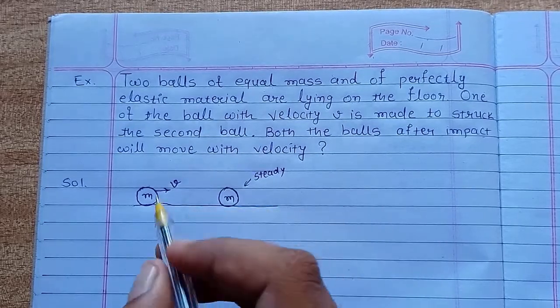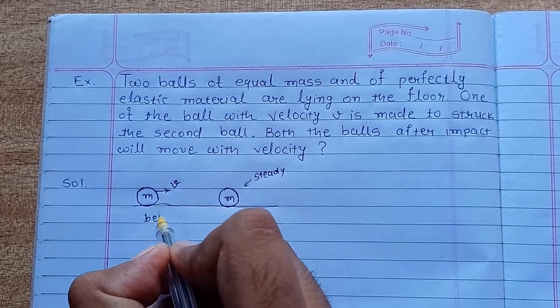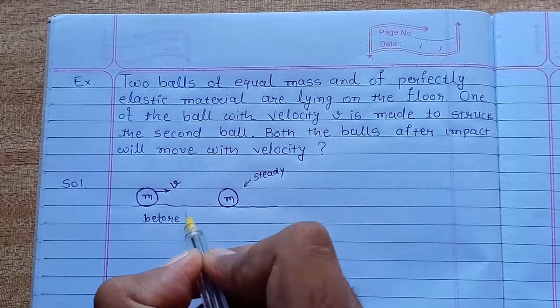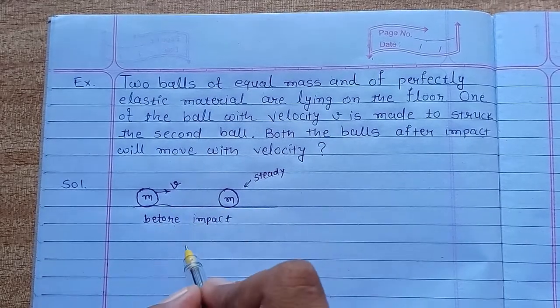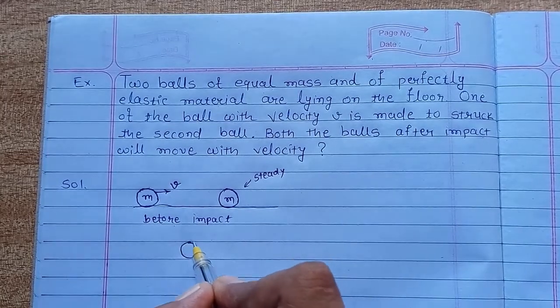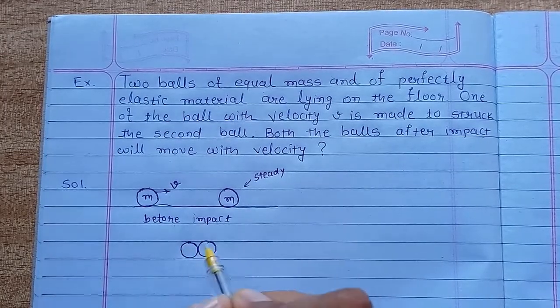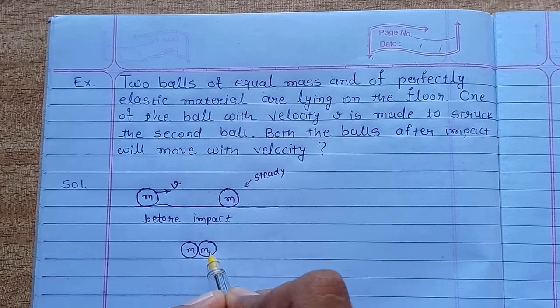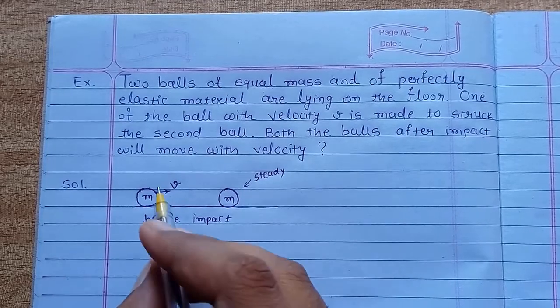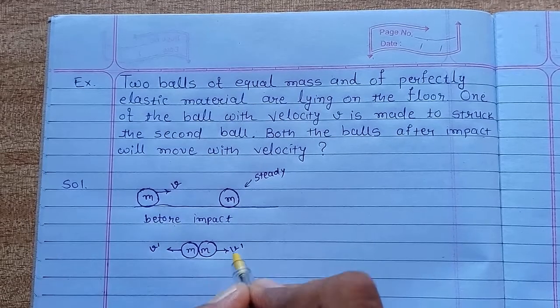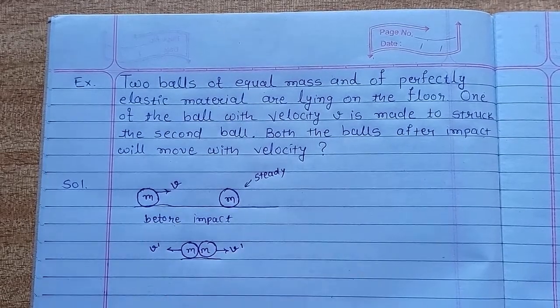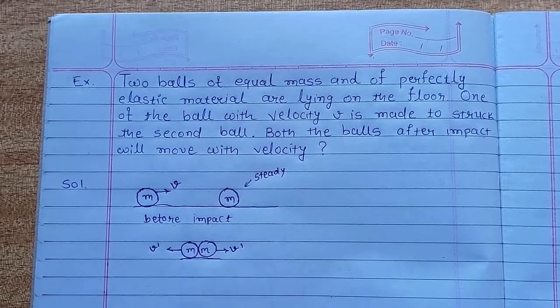So this is the case before impact, and we have to find the velocity of these two balls after the impact. Let's say v dash. After the impact, what will be the velocity? So